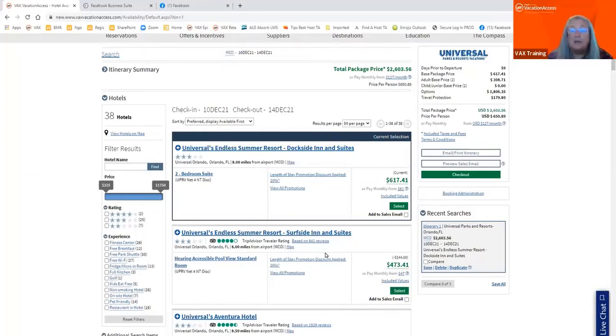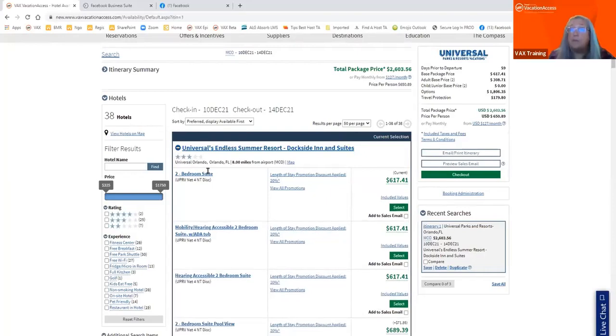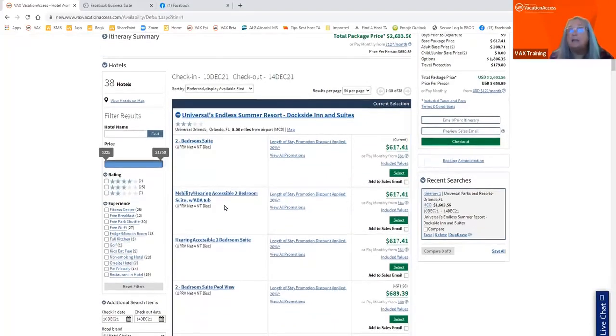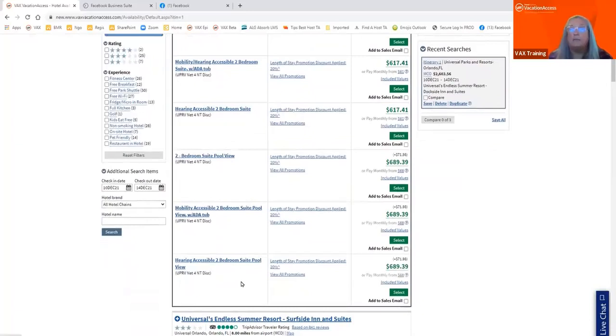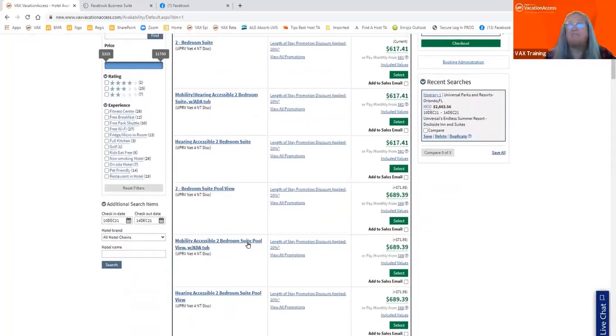The sales email allows you to send up to 6 different resorts and/or room categories. And when I'm talking about room categories, if I open this up, then I can see which room category my client might need or want or enjoy.